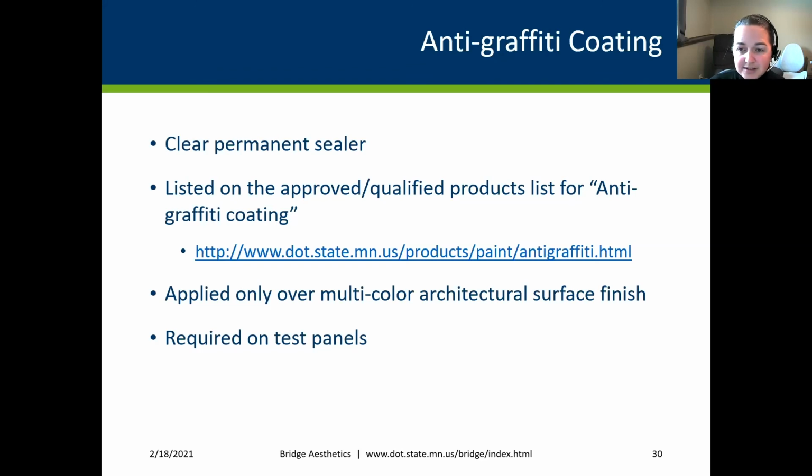So they tend to not use this, but like I said, we tend to also not get as much graffiti on our multicolored surfaces, but we will still use it. So anything that has a multicolored surface, we put anti-graffiti coating on because we hope that we can wash it off. But then also it does still provide a nice layer over the top. When they're doing those blending techniques, they might not be getting a good product thickness. So if we put anti-graffiti coating over the top of it, we're adding some thickness and some protection to that color. So it's not a total loss if we don't use it for its anti-graffiti coating purpose.